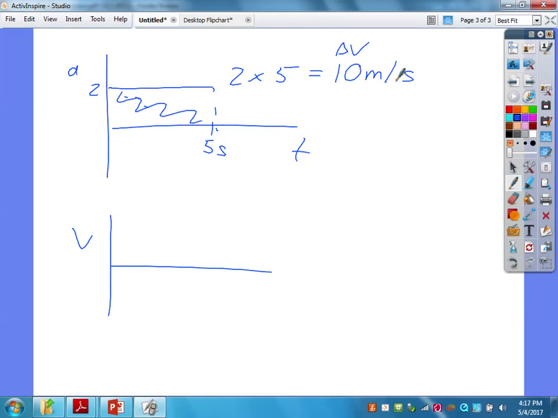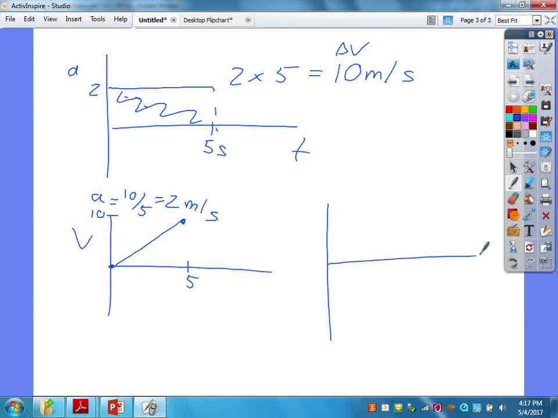All right? That could mean, on a velocity time graph, one of 2 things. Again, you don't know what the initial velocity is, so let's just say you start at 0. All right? Well, if it's changed 10 meters per second in 5 seconds, that means I started at 0, I got to 10 in 5 seconds. Guess what? What would the slope of this line be? It would be 10 divided by 5. This is equal to acceleration. It's 2. How about that? The thing is,